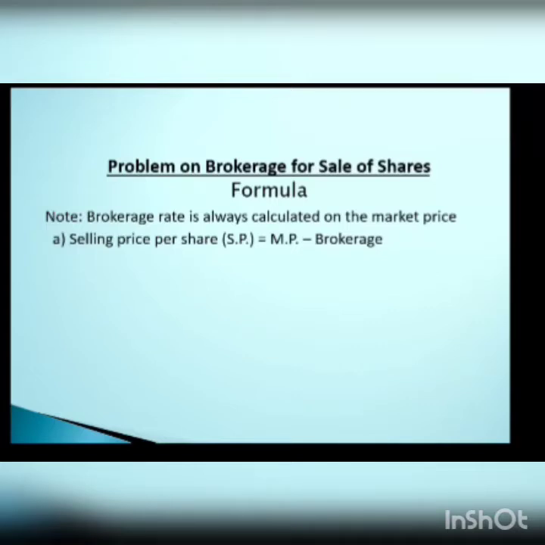Last time we had added the brokerage in the case of purchasing the share. So that is the difference between purchasing and selling. When you go for selling, the brokerage has to be subtracted, and when you are purchasing, the brokerage will be added. Now the first formula on the screen is selling price per share, the short form of which is S.P., and it is given as market price minus brokerage. Just take this down, all of you, first of all, so that we can have another question. All right.